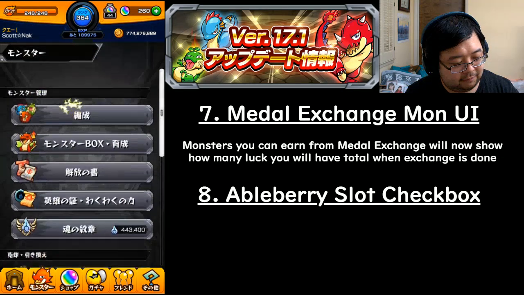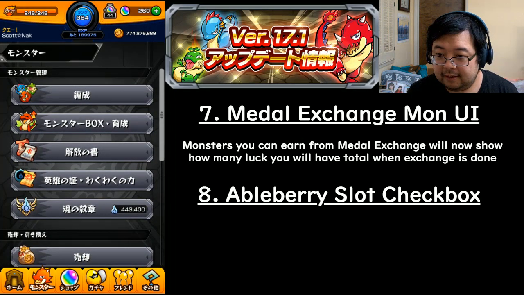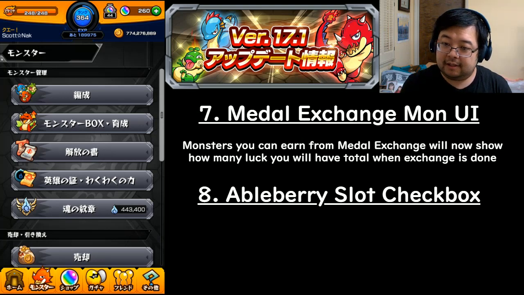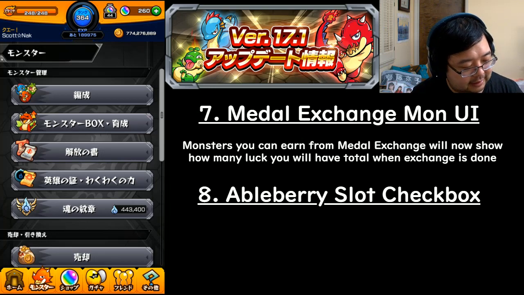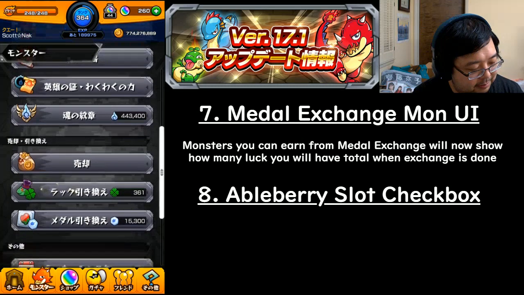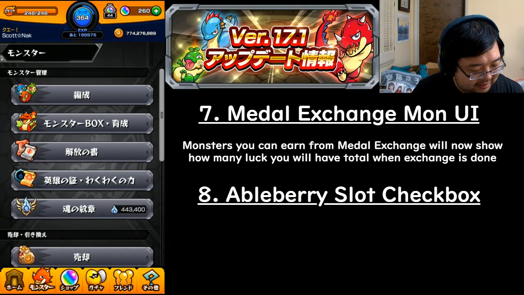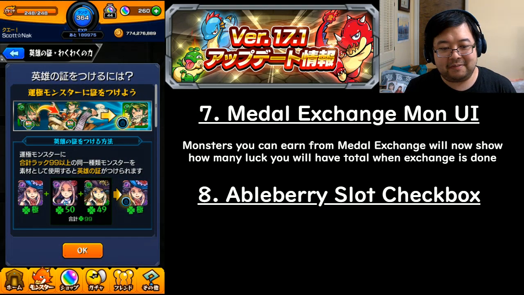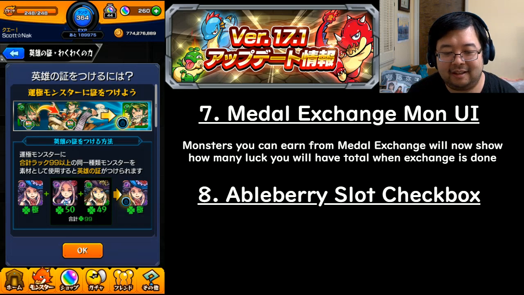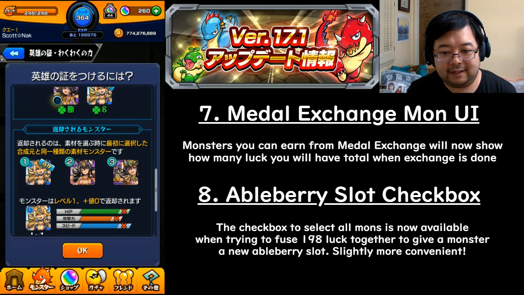Ableberry checkbox. As you know, you can fuse certain monsters, not all monsters, together. If you have 198 total luck, you can now add an Ableberry slot on that monster. Of course, that first one has to be max luck. The second one can be split into many. So if they are split into many, you would have to tap each one every time. You go into this menu and then click that. Now, of course, since I don't have 99 additional luck of another max luck monster in my box, I'm not going to be able to go any further. But basically what is now available is...